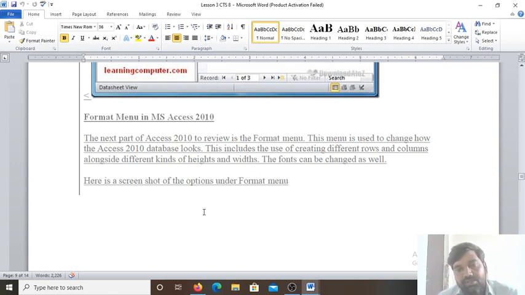Now forms are the user-friendly interface that facilitate the process of entering data in a table and queries. So a form has an interactive interface that accepts the data from the user and forwards it to the corresponding table or query. So in the form, when you open the table in the form view, at one time you can see only one record, at one time you can add only one record. Otherwise it would be easy for us to make a mistake and enter the data of one record into the other record. So mismanagement will not be there if you enter the data through the form view.